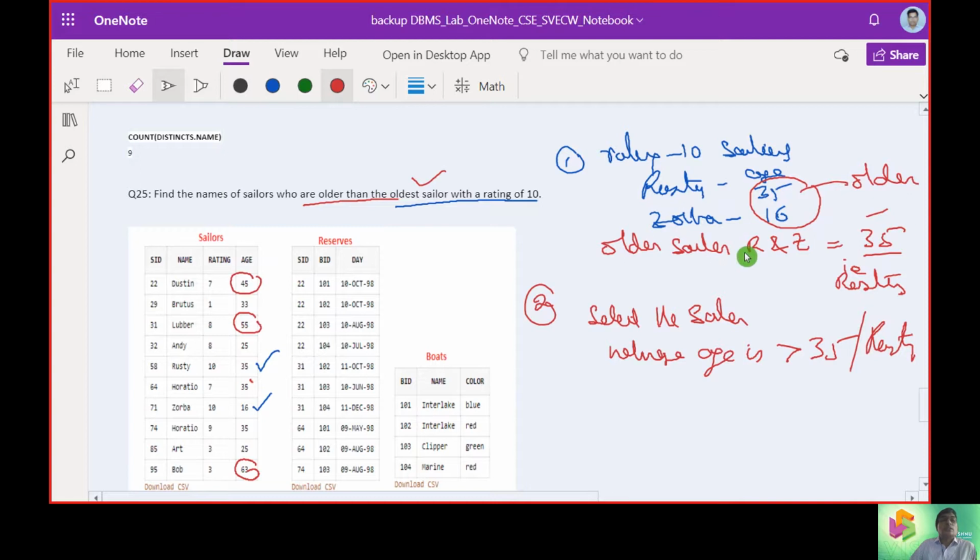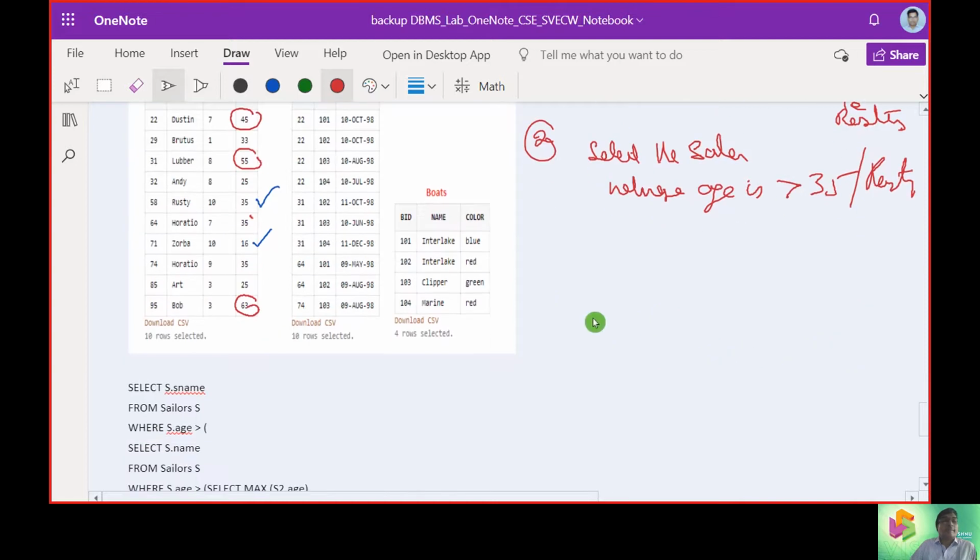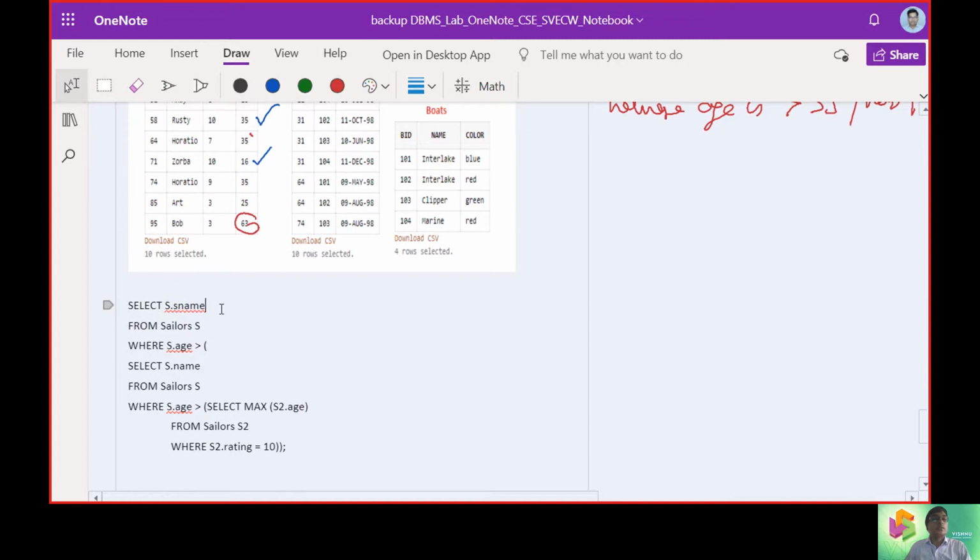So how does the system understand this, or how can we bring this in the form of an SQL query? For this we are now working with a nested query.